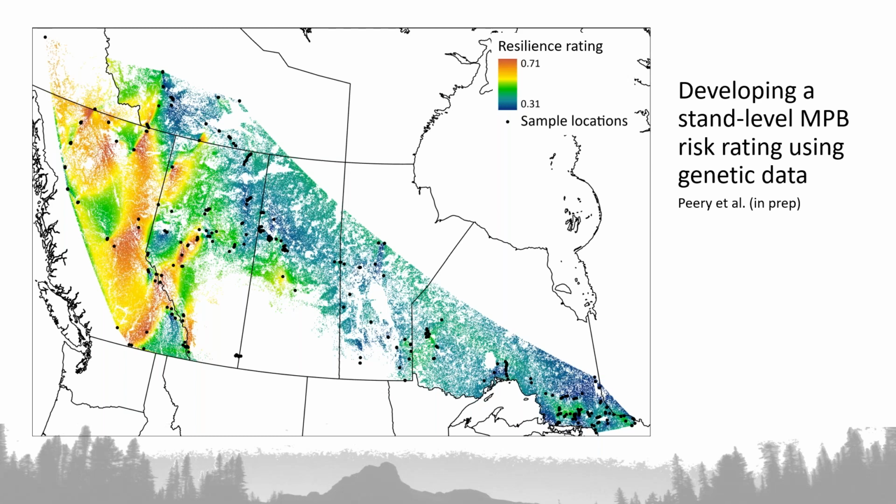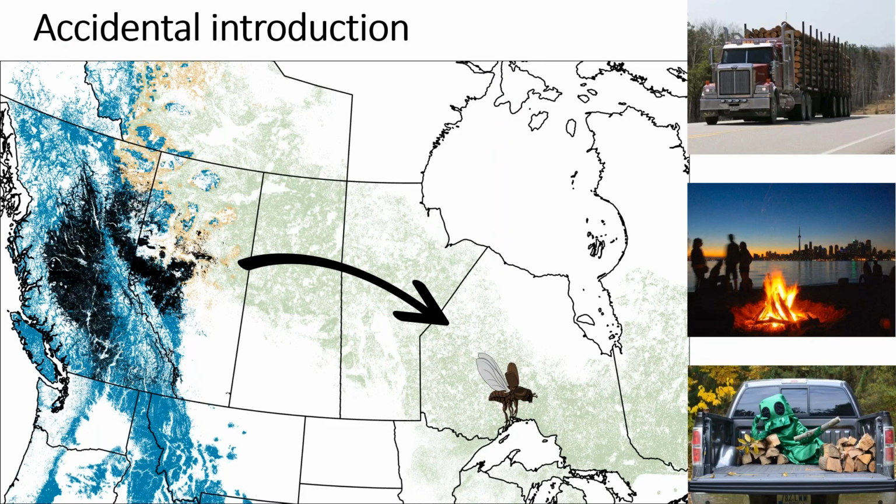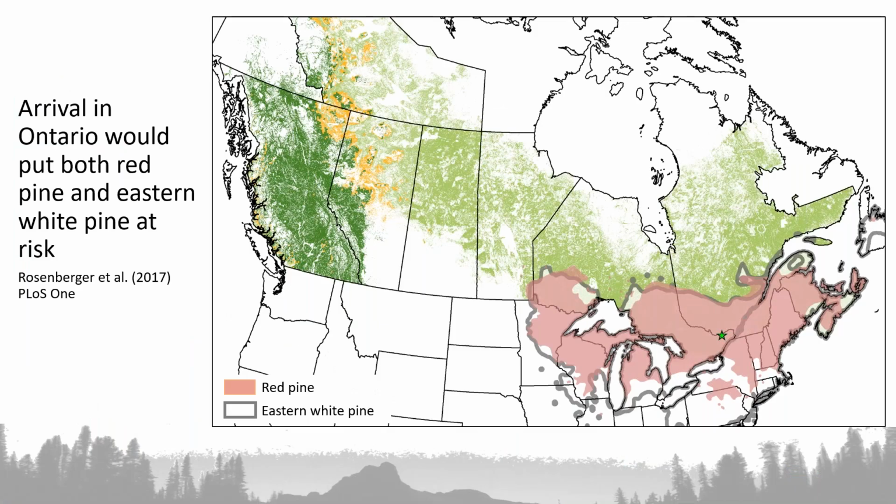And then I've primarily been talking about natural spread, but what about accidental introduction? So we have mountain pine beetle in the west. There's a lot of transport of wood, both commercially and personally. And while there are lots of policies in place, we all know that these introductions do accidentally happen. And what happens if that accidental introduction happens in Ontario is we actually have additional pine species that are going